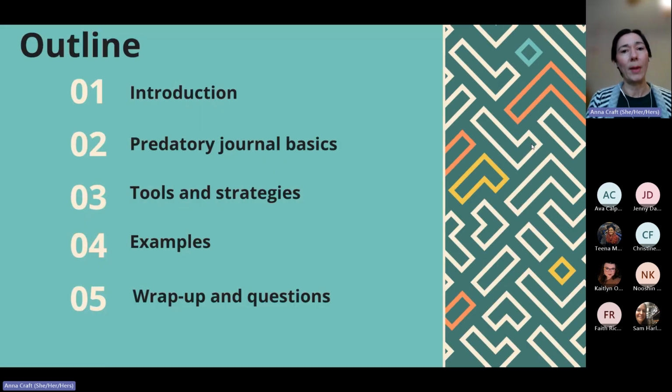And here's what we're going to talk about today. We'll go through each of these sections. The talk has been taking about 45 minutes when I've practiced, and that'll leave us some time for wrap up and questions. If you have questions as we go through this, please feel free to put them in the chat, and Sam will ask me to stop if we are at a good point for questions. These slides are a little bit text heavy. This is meant to be a resource for y'all. I don't expect that you'll remember everything.